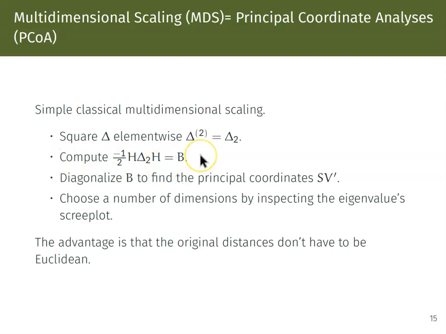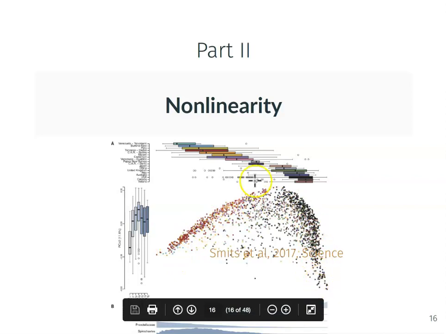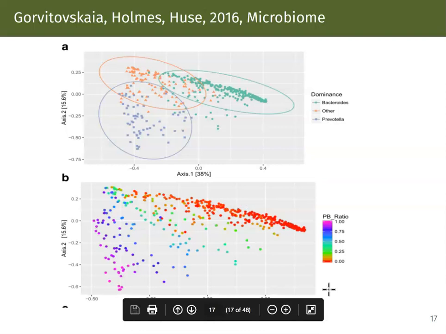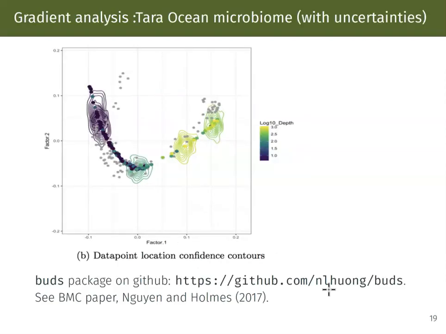So here the algorithm diagonalizes B, we find the principal coordinates, and then you choose how many eigenvalues, and that gives you an approximate Euclidean embedding. Now, very often when we look at real data, the embedding shows very strong nonlinearity of the data. And so this is an example where we have a gradient which is due to urbanization in human microbiome data. That occurs very much. And so we have data on manifolds that we're trying to summarize instead of having data on planes. Here's another gradient